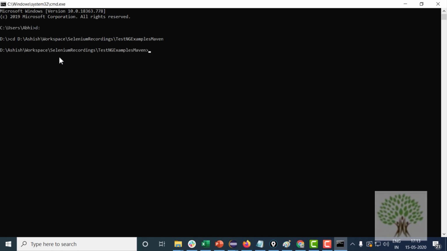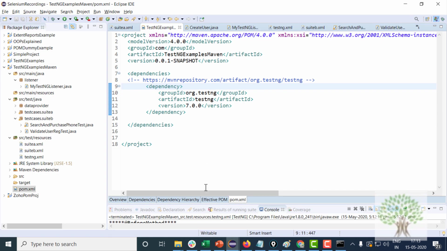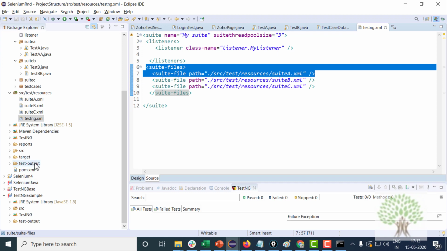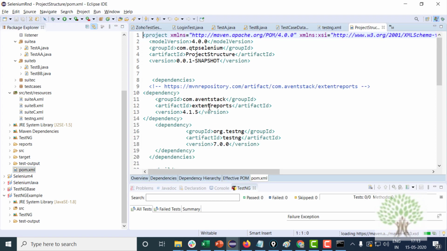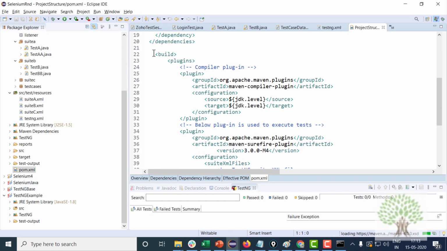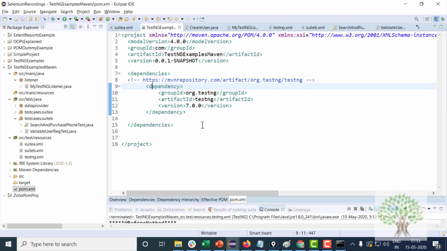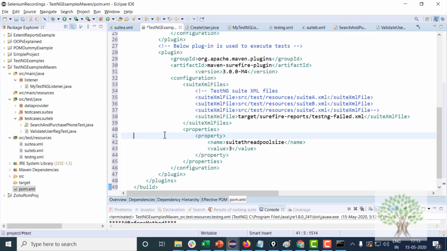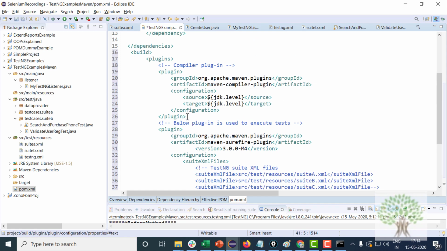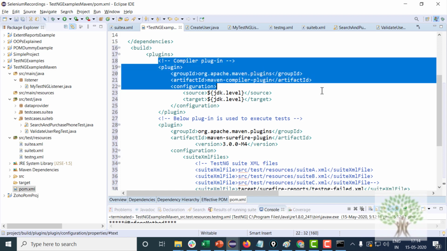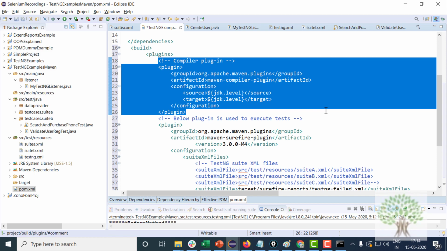And in your pom.xml, you will have to add something known as the Maven Surefire plugin. That helps you to run the project from command prompt. So you have to add this build tag. I will explain what it is. Over here, this is the Maven compiler plugin, which compiles your project.